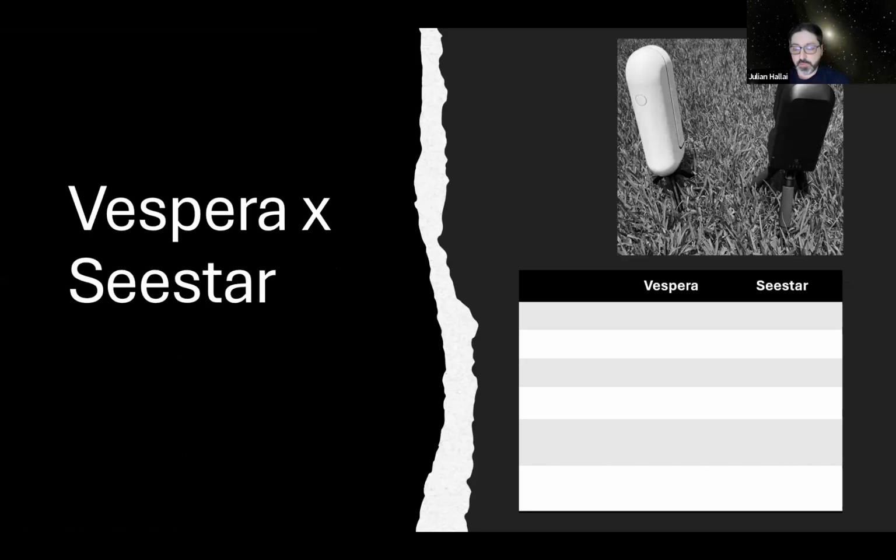So getting into the comparison here, we have the Vespera on the left and the Seestar on the right. The first consideration here, cost. Don already showed these ranges. It's a big difference. So I think the question that could come to mind at this point is, is it worth going for the Vespera? I have some images, and you'll be the judge. You look at my images and